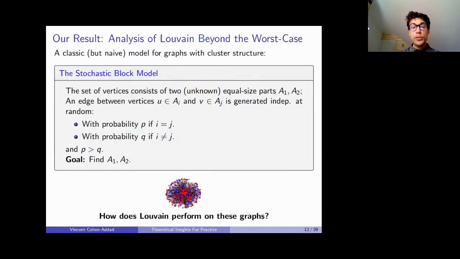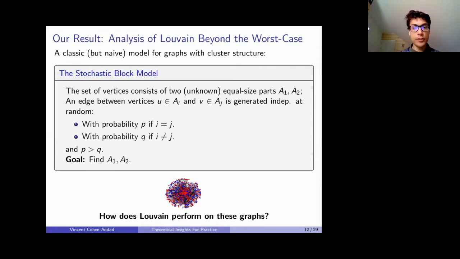Okay. So what we tried to do in this paper was to understand the mechanisms behind Louvain, the algorithmic idea behind Louvain that makes it work in practice, and try to prove something or understand when it works and when it doesn't work. Because maybe the worst-case instances are a bit artificial, not really modeling what's happening in practice. So what we started with is the stochastic block model, which is a very classic random